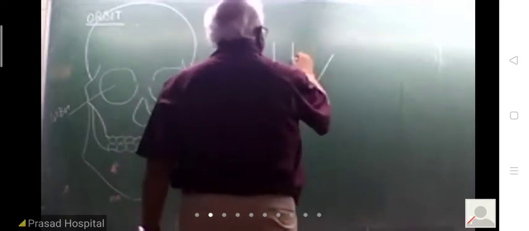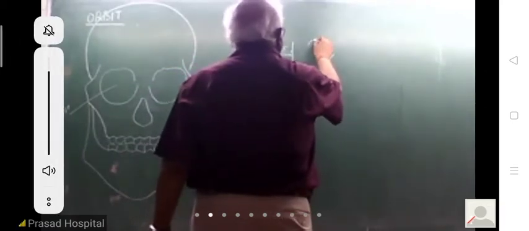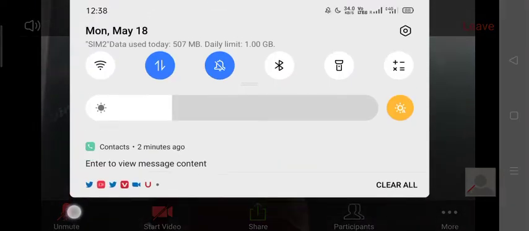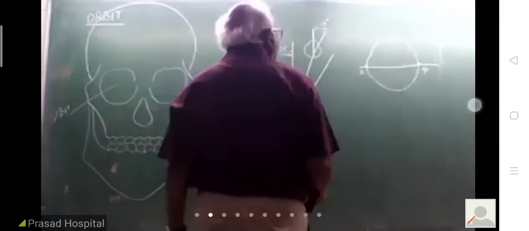A medial wall and a lateral wall, and the two medial walls are apart from each other by a distance of 25 millimeters. Each bony orbit contains an eyeball whose anterior 1/6 is formed by cornea.